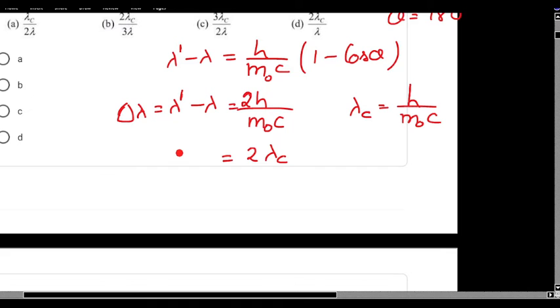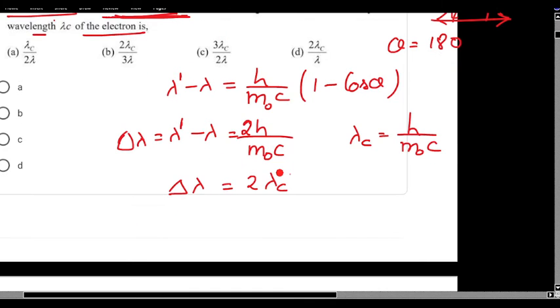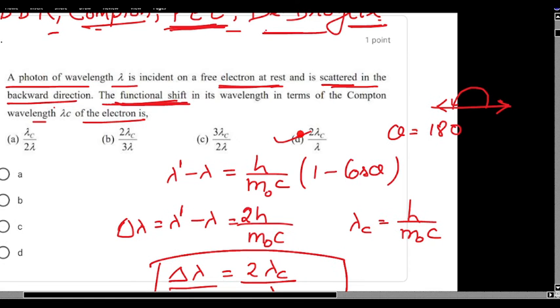That is the change in the wavelength, and they are asking for the fractional shift. The fractional shift is the ratio of the change in the wavelength divided by the incident wavelength. I think your answer is matching option D. Yes. And the next question is